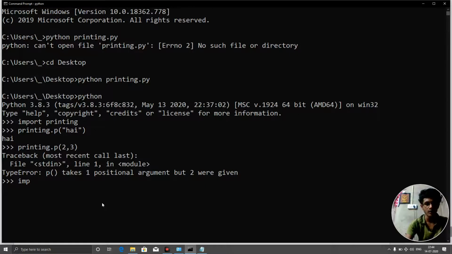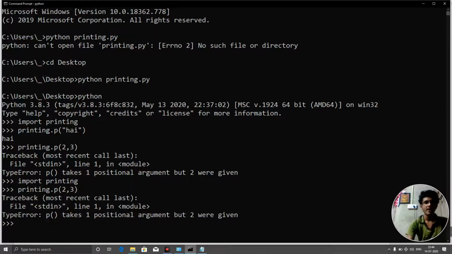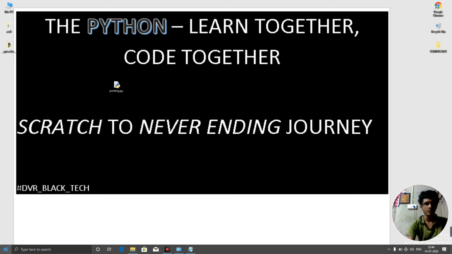So I need to again import printing. Yeah, now I imported it again. That means that old file here, it will take that old file. So here I am importing again, and here I need to use printing and 2 of 3. Yeah, I think we need to close this and open it again, because I changed that file while